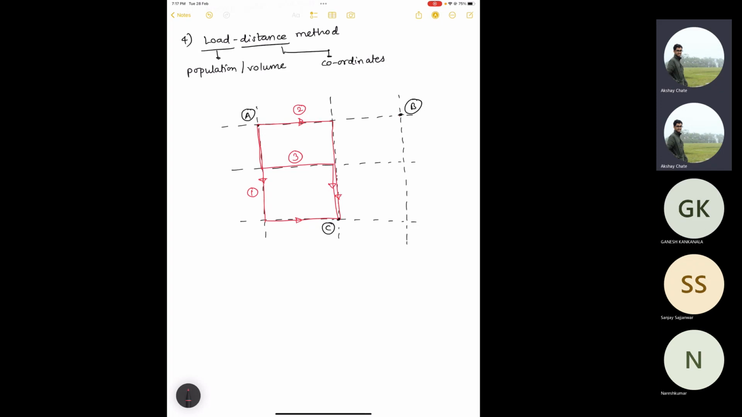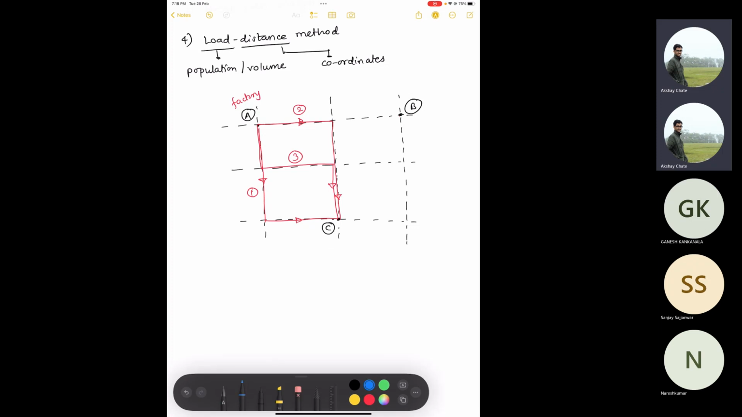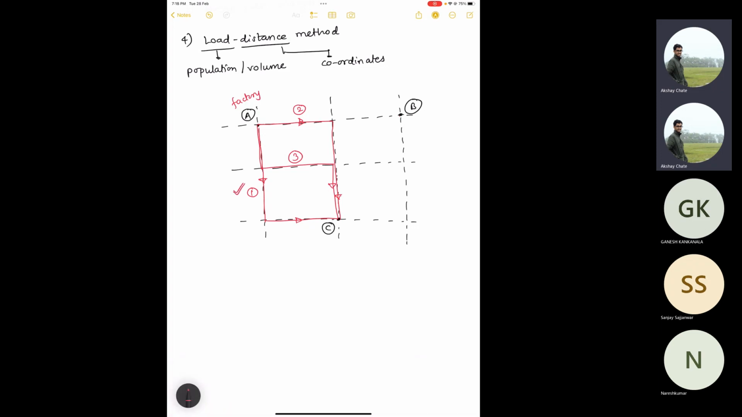So as I told you, from A to C, you have three options. So your A is, let's say, factory. This is also factory, and this is your warehouse. So this is your problem. So now I'll use a different color for these two. So now let's say you finalize that path A is having minimum distance, but